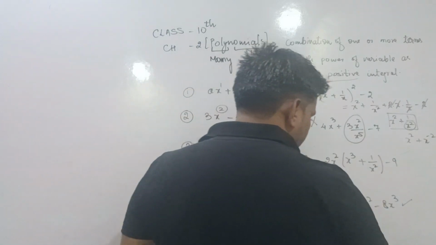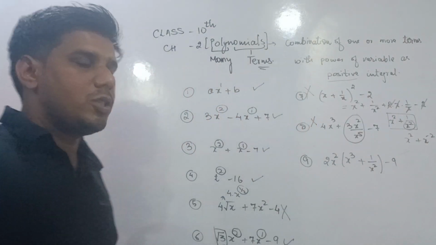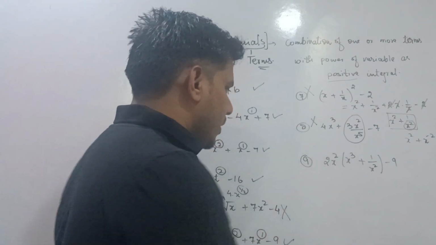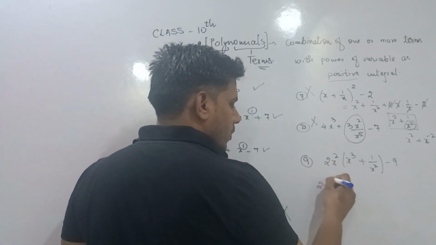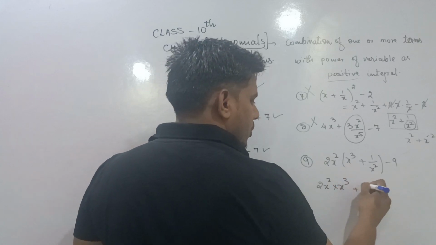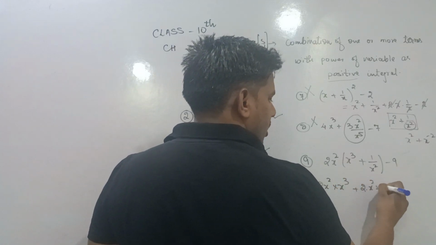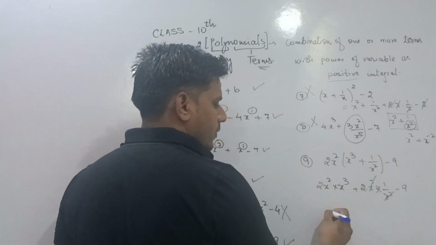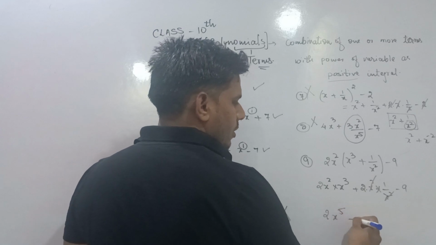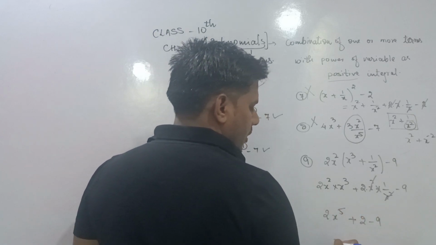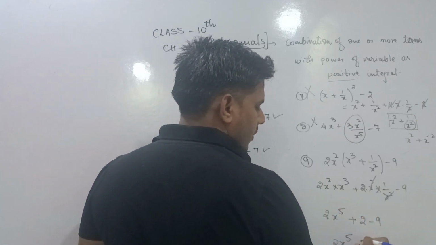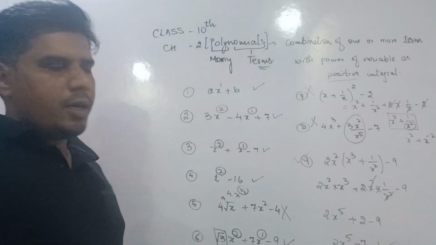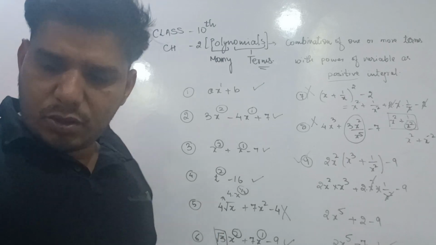If we are going to simplify this, here 2x square is written as the product with x cube plus 1 by x square. So first we have to multiply this, you will get x square into x cube plus 2 into x square multiplied by 1 by x square and minus 9. X square to x square cancel out, here we will get x raised to 5 plus 2 and minus 9, we will get 2x 5 minus 7. So it will be a polynomial, so we can write it as polynomial. I think now the polynomial is clear to all of you.